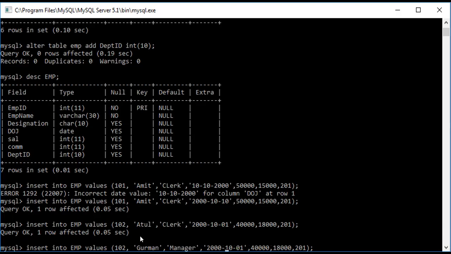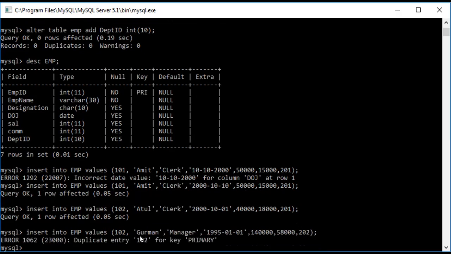Date of joining is 1995. And salary is 1,40,000 and commission is 58,000. Department is 202. Duplicate entry. We haven't changed this 102. It should be 3 now.